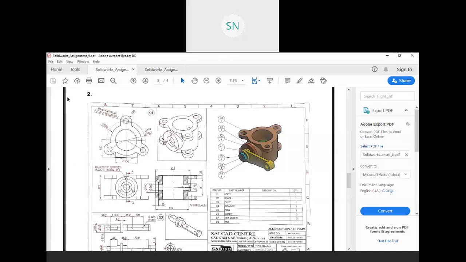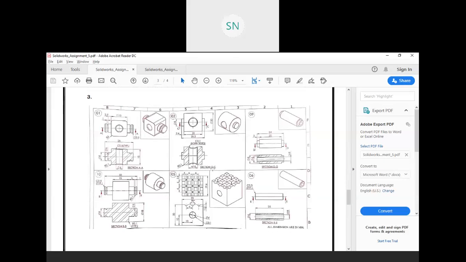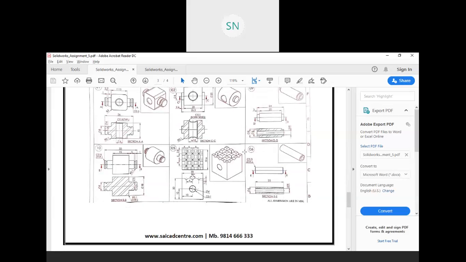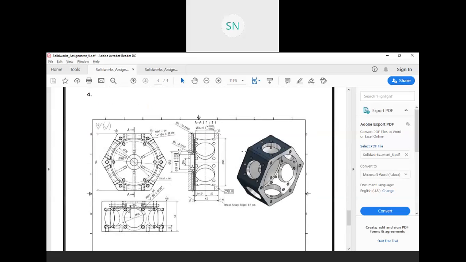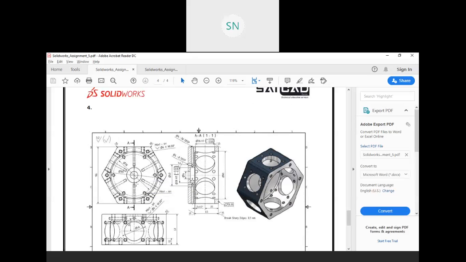Here mainly you have part one and two, then these are the revolve. This is again extruded revolve, revolve, revolve. So all of these are revolve tools. And this is just a hexagon with a circular pattern. So create one hole and do a circular pattern. So that's it. It's a quite easy assignment today.